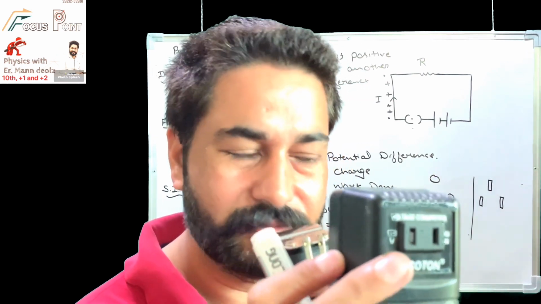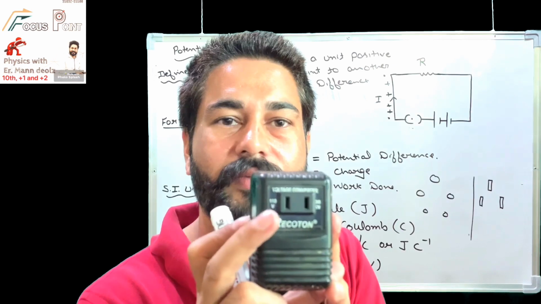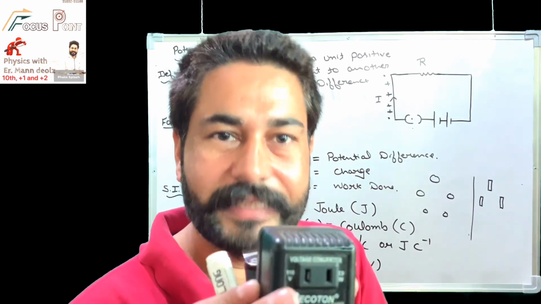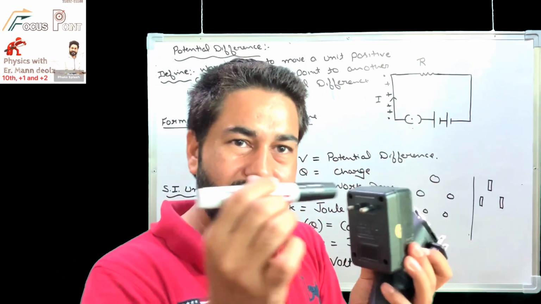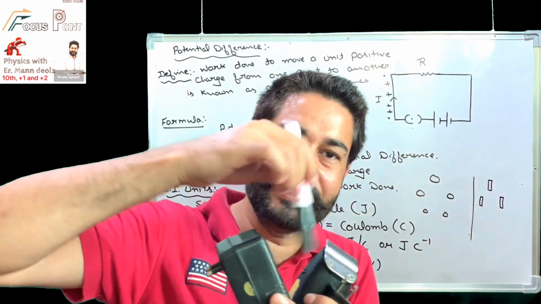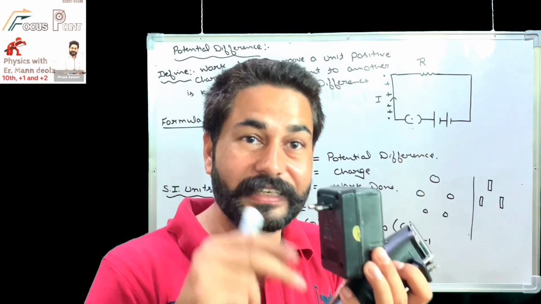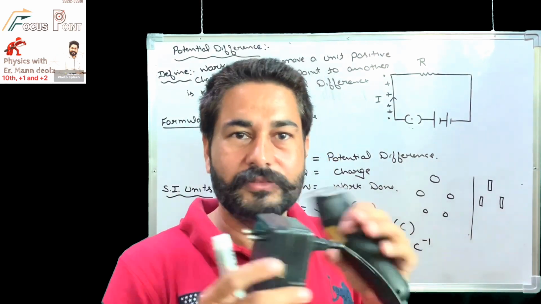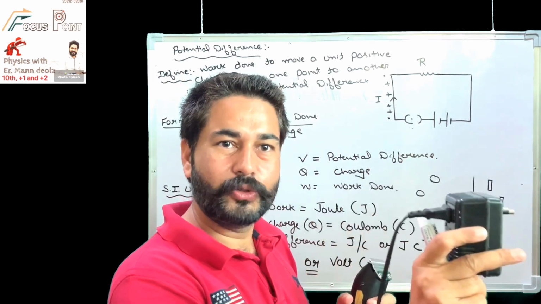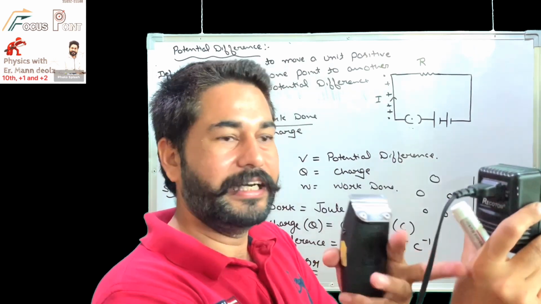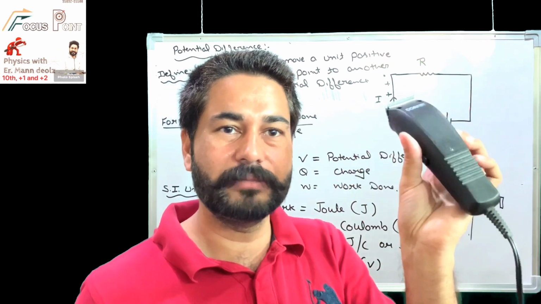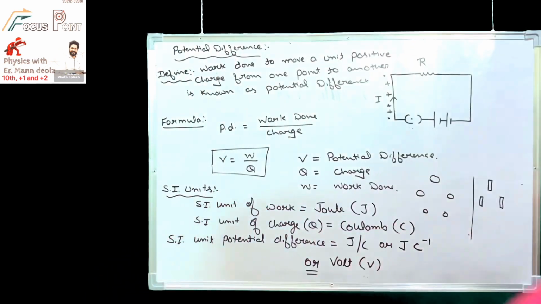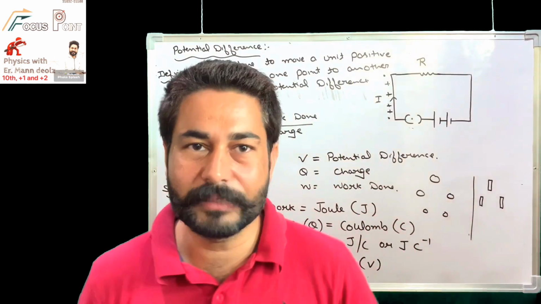Now you might have observed this. What value is written over here? Yes, sir, 110 volt. It means input I am giving as 220 and output it is giving as 110. So we have decreased its potential difference. Now I can insert this plug. After that, I'll insert on 220 or 240 volt, then it will give out 110 on which my device will work efficiently. So this is one way to decrease: using an adapter I can decrease the potential difference.